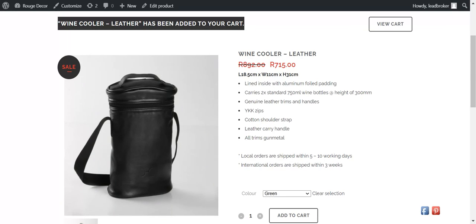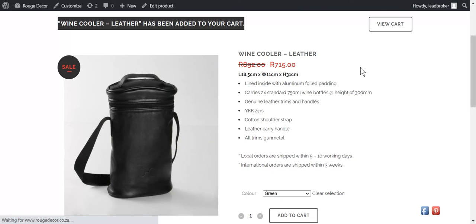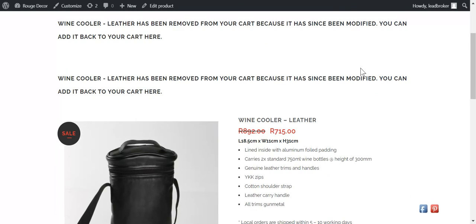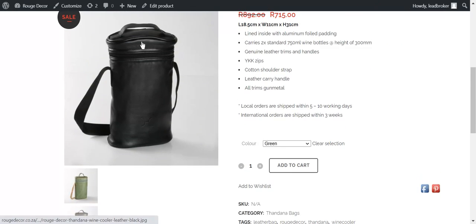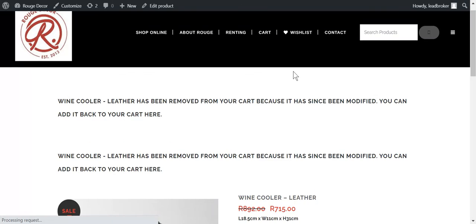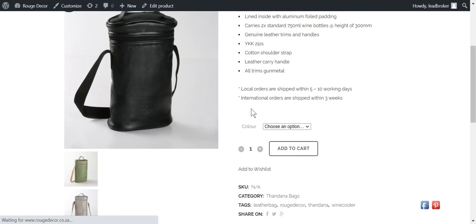Now if we go back to the wine cooler, let's just refresh this page. Wonderful. It's just telling me it's been removed from the cart because I've made changes, but that's okay. So now let's just start from scratch. Let's refresh this page again. Fantastic. Okay, so now if we're going to add this to the cart, black